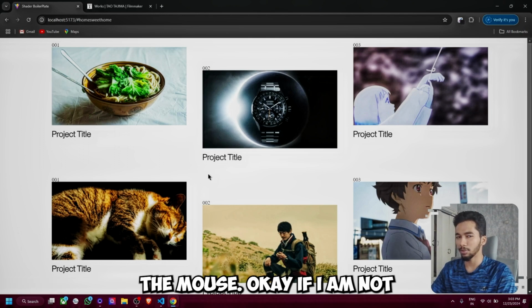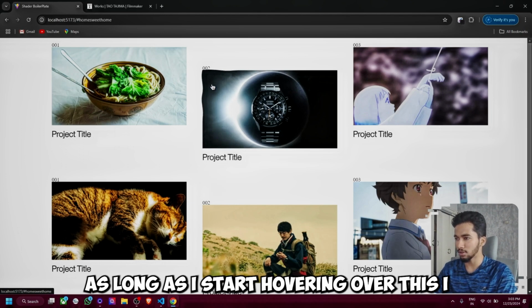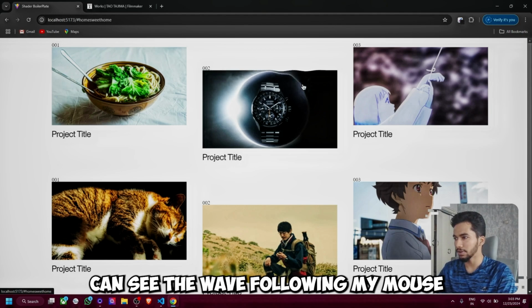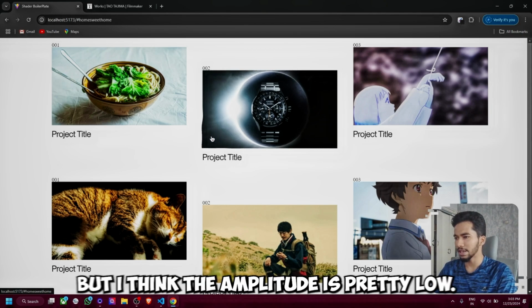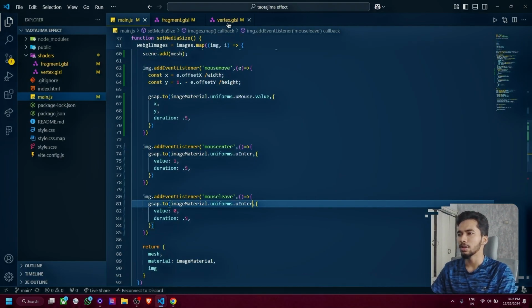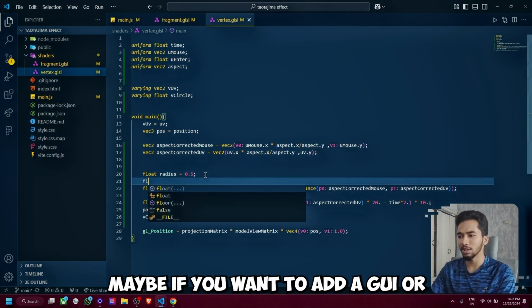Okay. Now if I'm not hovering over this, I don't see the wave. As long as I start hovering over this, I can see the wave following my mouse around. Pretty cool, right? But I think the amplitude is pretty low. So if I want to increase the amplitude, maybe if you want to add a GUI or something like that,